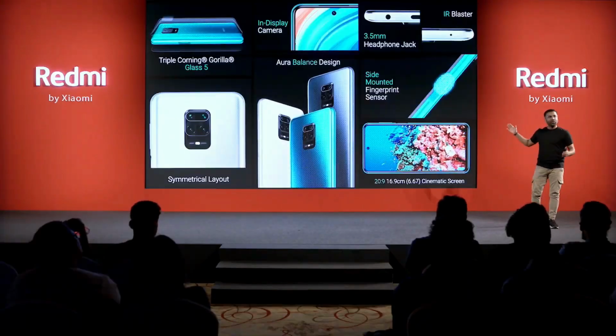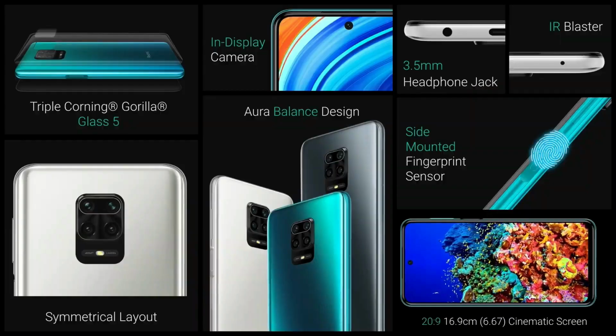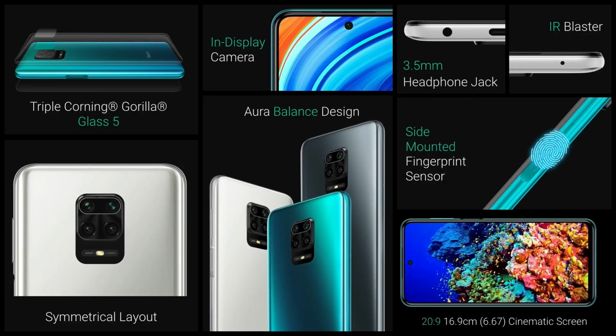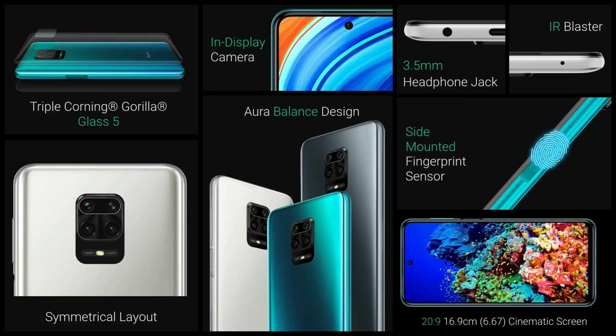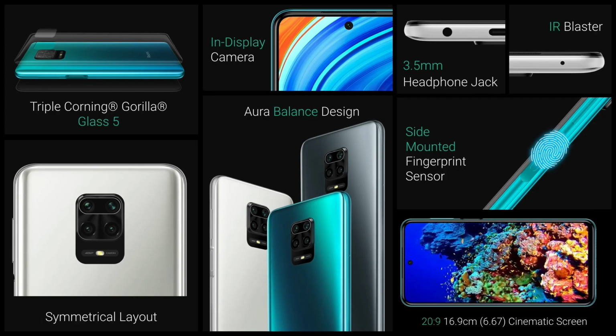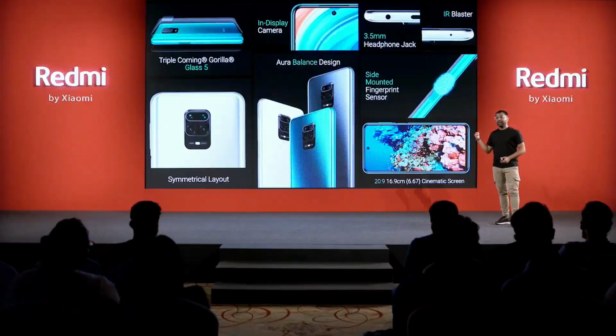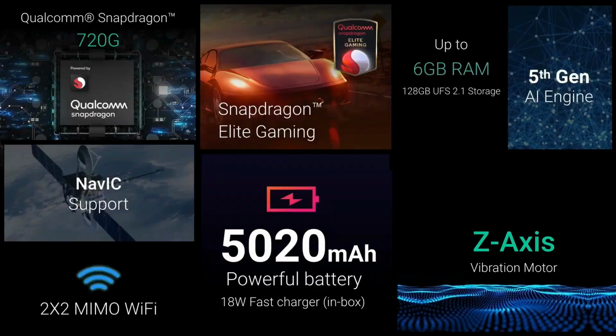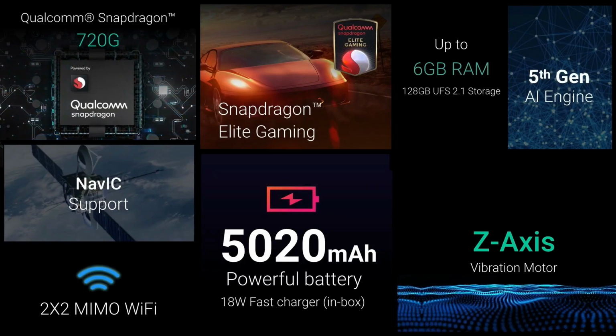Of course, the star of the whole show is the Aura Balance design. That gorgeous glassy back and the front, protected by triple Corning Gorilla Glass 5. We've got an in-display camera, and trusted, loved features like the IR blaster and the side-mounted fingerprint sensor. Why should Max have all the fun, which is why on the Redmi Note 9 Pro, we've got similar amazing